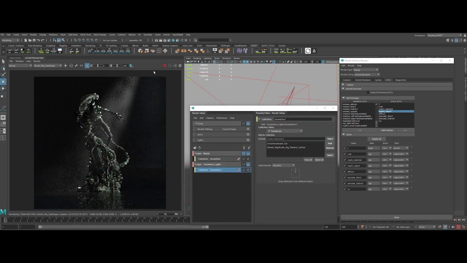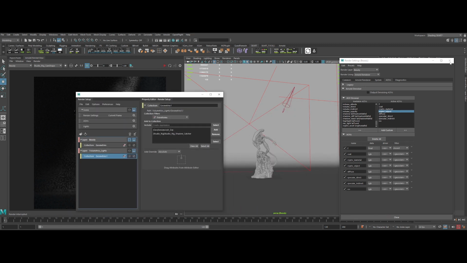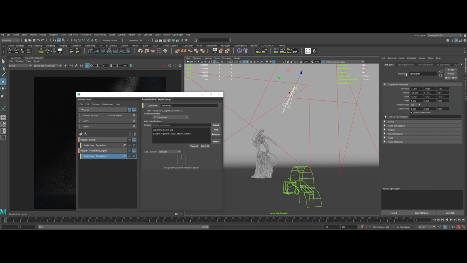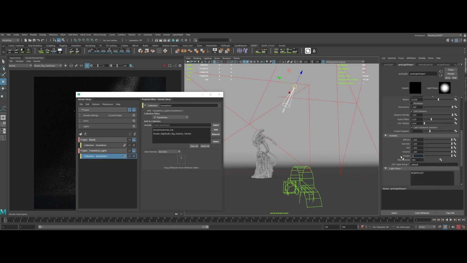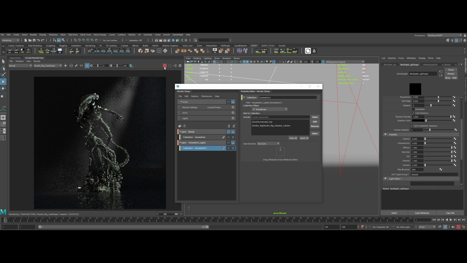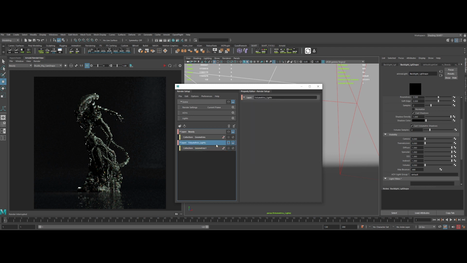So in the first render layer we want to deactivate the volumetrics. Click on the spotlight under the Arnold tab. Put the volume value to 0. Let's launch the IPR to see what we've got. Okay, perfect. Now switch to the second render layer by clicking on the eye.